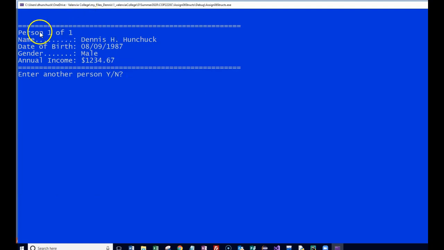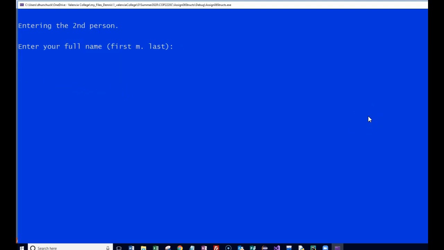So here's my output. It says person 1 of 1, the person's name, nice in sentence case, the date, the gender. Notice the gender doesn't say M, it says male, and there's my annual income. Would I like to enter another person? Sure. Entering that second person,